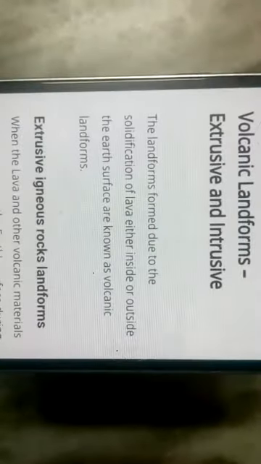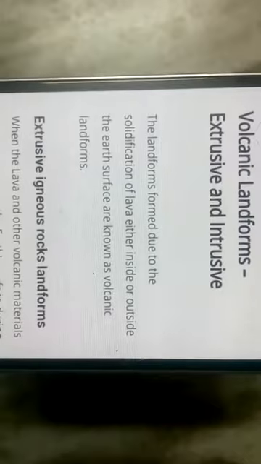Hello everyone, this is module 8, chapter 3, Interior of the Earth, class 11 Geography. In this module, we will discuss the volcano and their different landforms. In module 8, we will discuss only the extrusive landform, and in module 9, we will discuss the intrusive